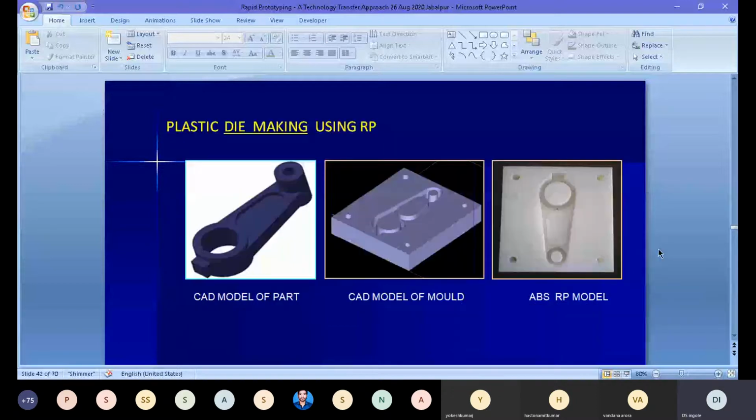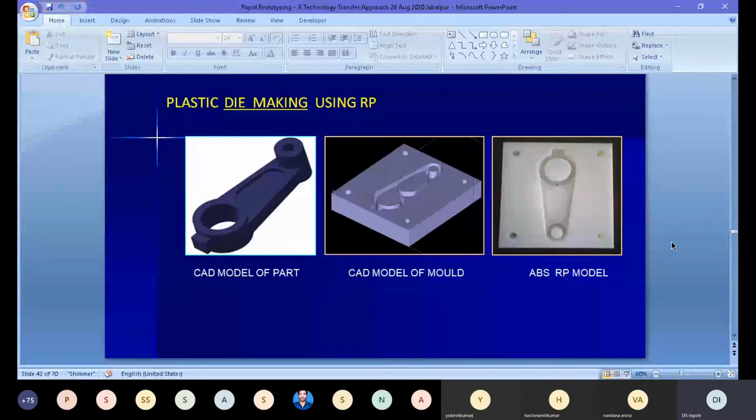Plastic die making. Now this is again the component and the negative of this component. This is the solid model for that, and the ABS component was fabricated by using this RP technology, that is fused deposition modeling technology. And since this was used as a die